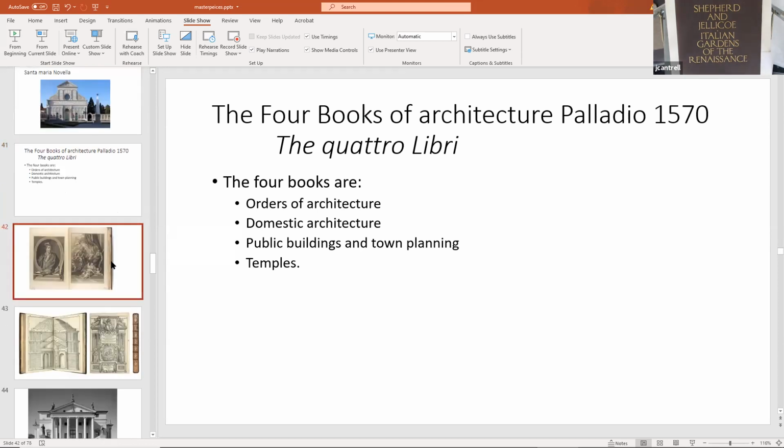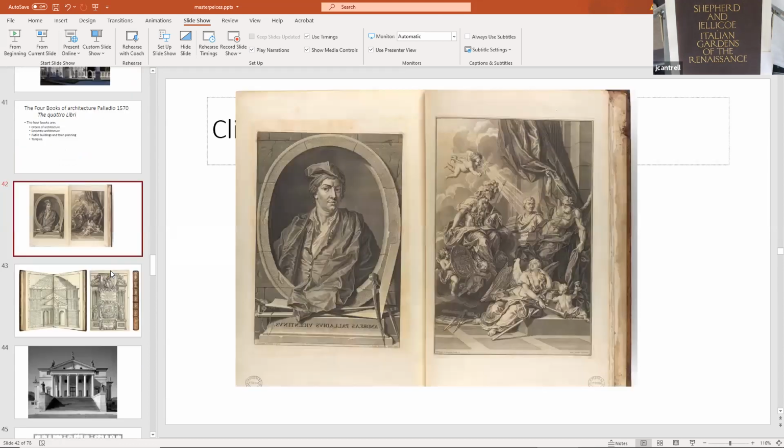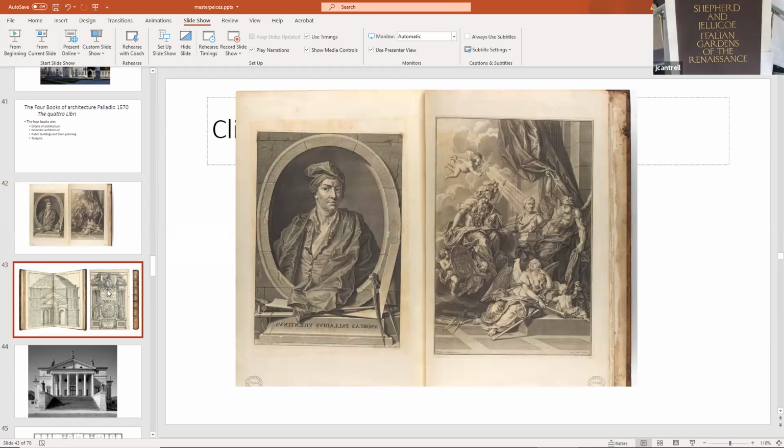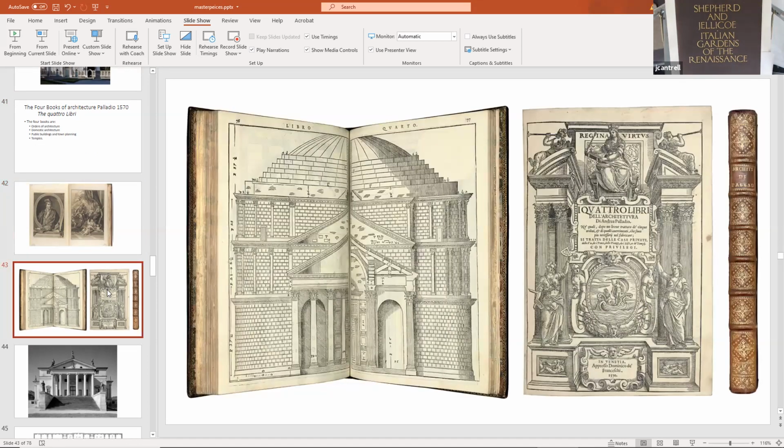It's a wonderful engraving of what Palladio looks like at the time. Hold on, my slide is stuck. Very serious. And this is the first frontispiece in the first chapter in the 4 books. So wonderful. I'm not sure if Palladio actually drew these images or not. I think probably some of his apprentices did. But then, of course, he reconstructs some of the early temples.